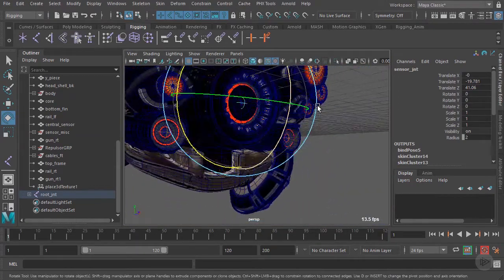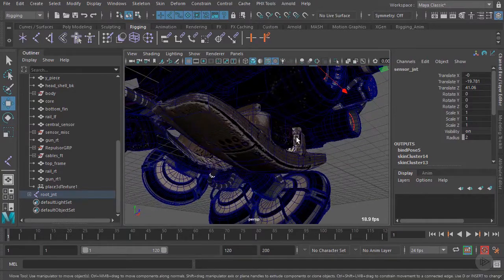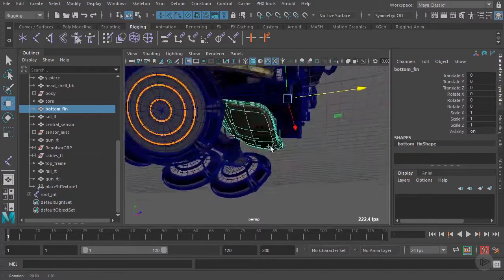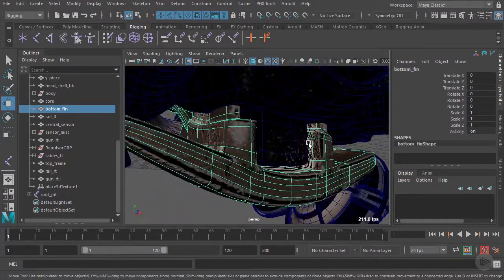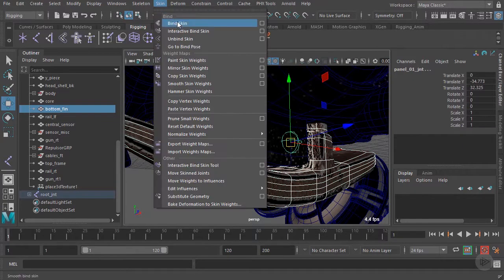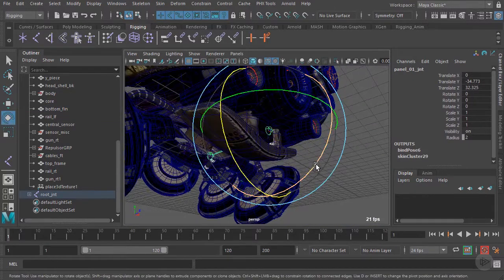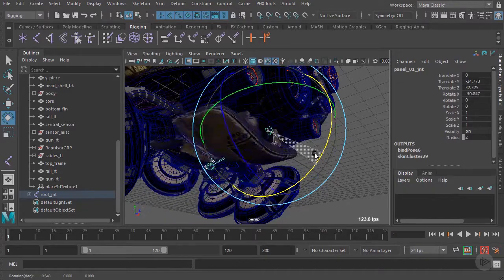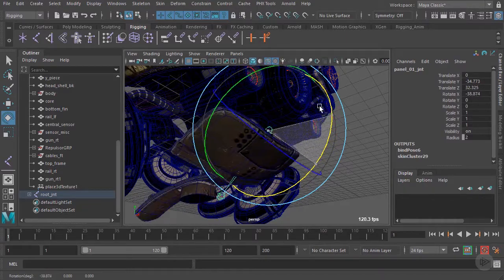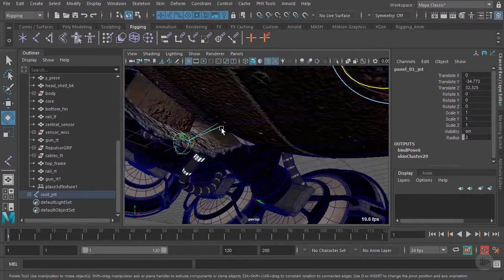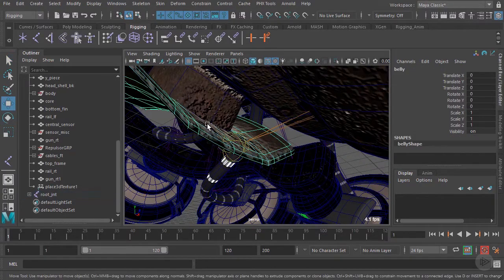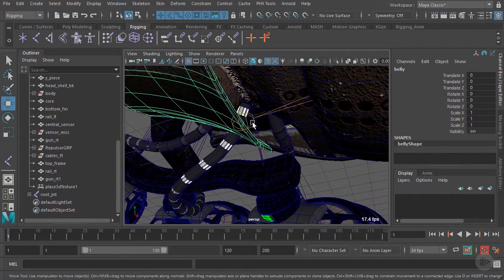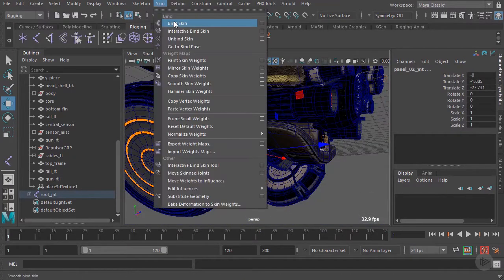All right. Now let's actually go ahead and move on to the plate pieces. So just like before, we want to select the geometry we want to bind first. So we'll select this piece right here. We'll shift select the joint, go to Skin, Bind Skin. And then if we rotate the joint, you can see that this entire piece is now following along. Now we also need to go ahead and bind this piece to this joint right here. So we'll go ahead and select that geometry, shift select the joint, go to Skin, Bind Skin,